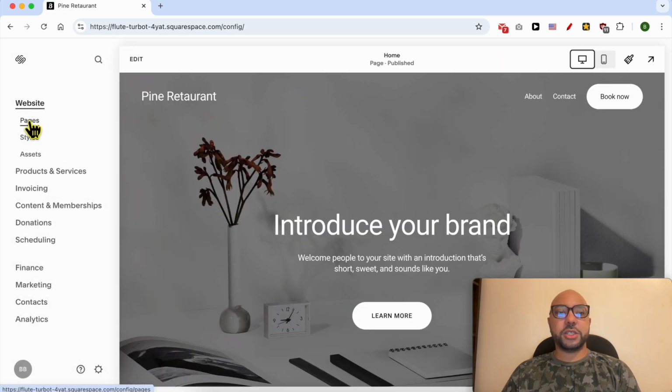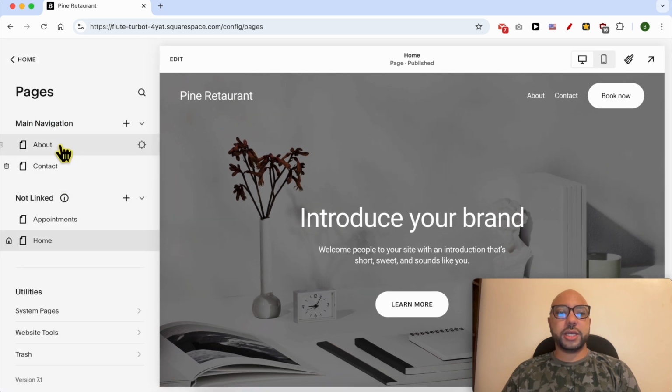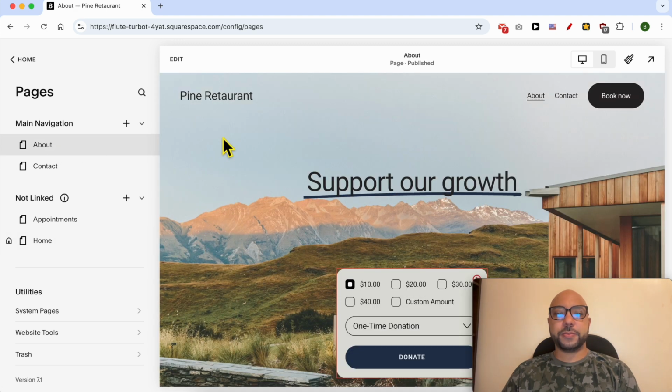Now click on pages from the left side menu in order to locate the page you want to work on. Let's work on this about page, for example. In order to delete a section in this page, first you need to click on this edit button from the